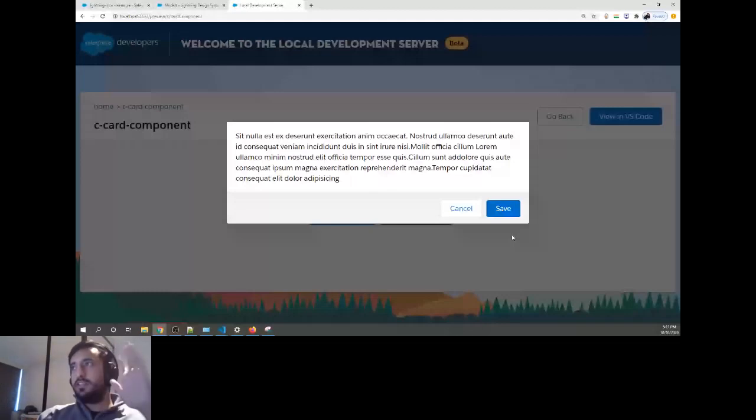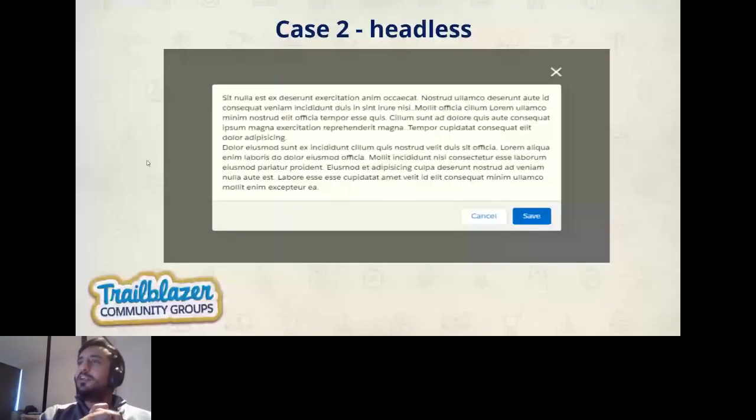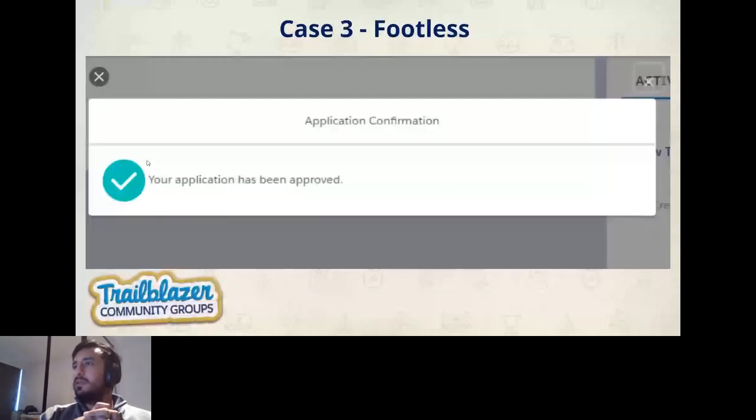Now he moved on to the third day. On the third day, he got again a model to build, and this time he doesn't want a footer to be there. Now he's feeling like, what should I do? Every day I'm changing something, and this time he needs an icon as well. So he said, I can't send the icon from parent to child as a string.